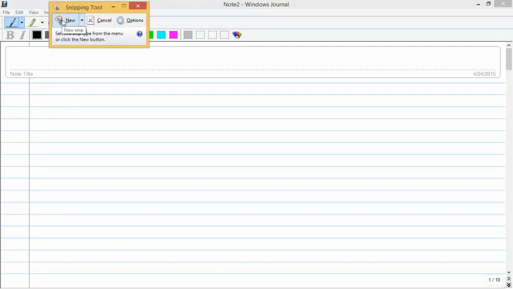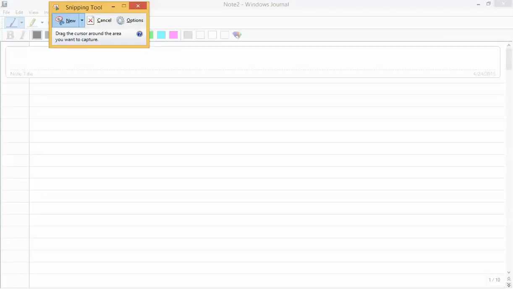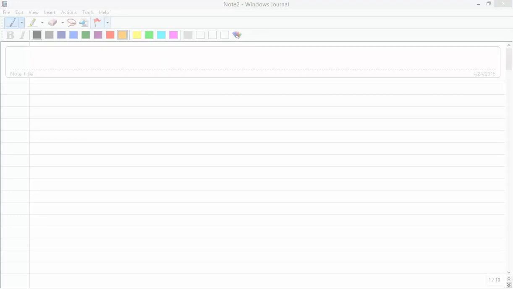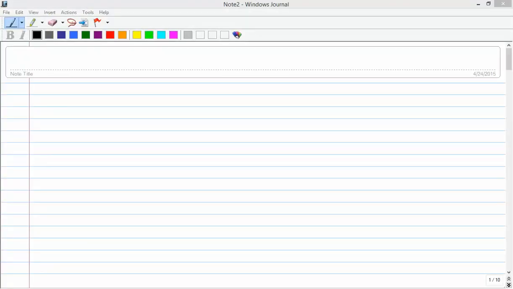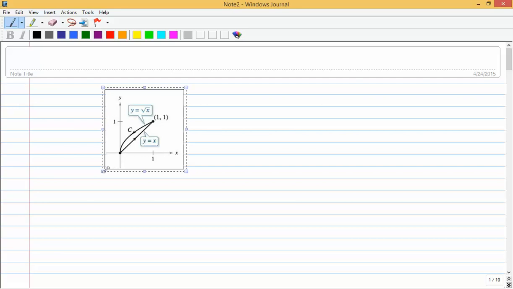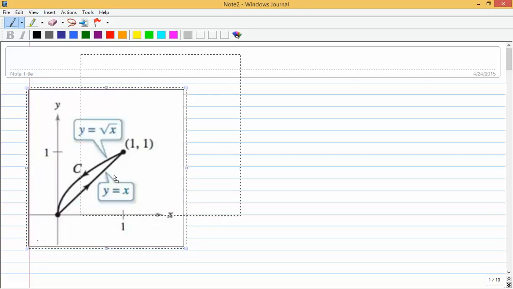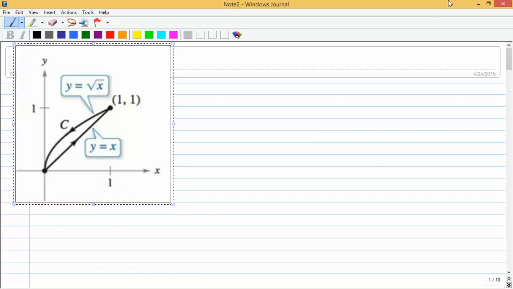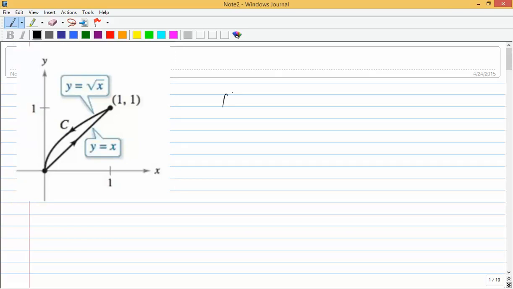Alright, let's take a look at this graph and see if we can figure out how to write the piecewise smooth parametrization of C. Okay, so here's our graph, and we want to see if we can write the piecewise parametrization of the path C. So we're going to have r of t equals